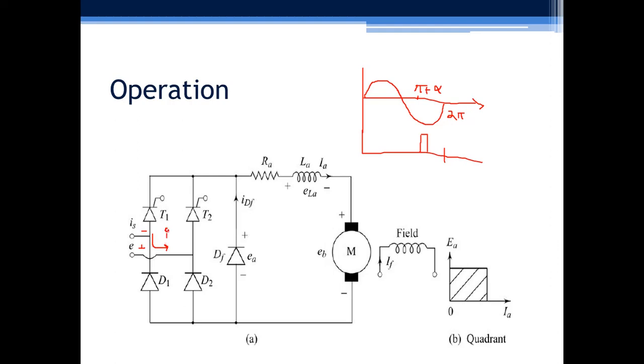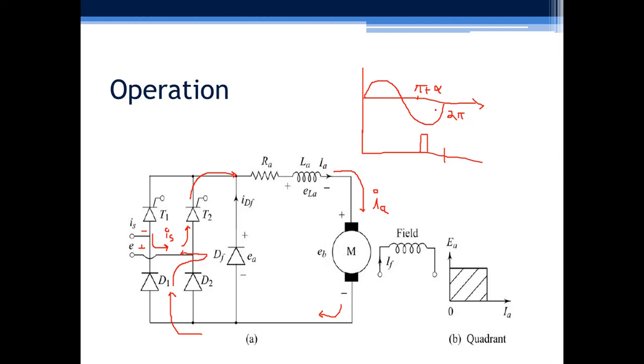We will indicate this direction as IS here, through T2, then it goes into the load side, and after that again it comes to the load side. On load side it becomes IA, and through the load it again comes to this D1, and through D1 it goes back to the supply. So during this case we still get positive voltage, so power is again flowing from source to the load.